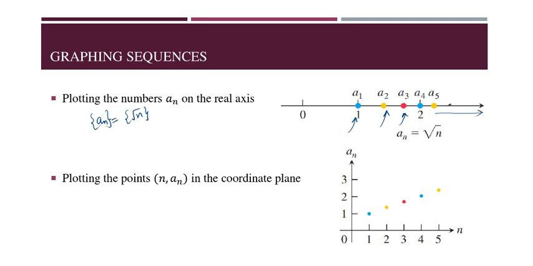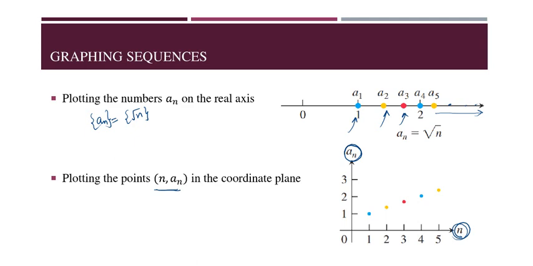You'll have these numbers. And the second way of doing it, rather than plotting this on the real axis, you can plot it in the coordinate plane. So in the coordinate plane, you plot these points n comma an. On the x-axis you have n, that is the domain, that is the first term, second term, third term,